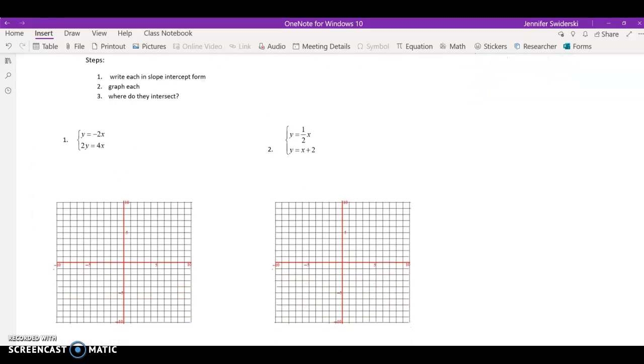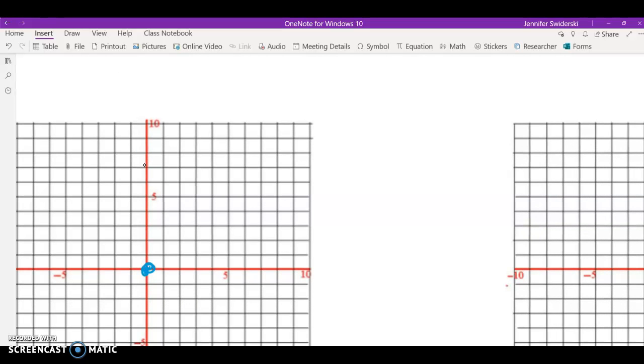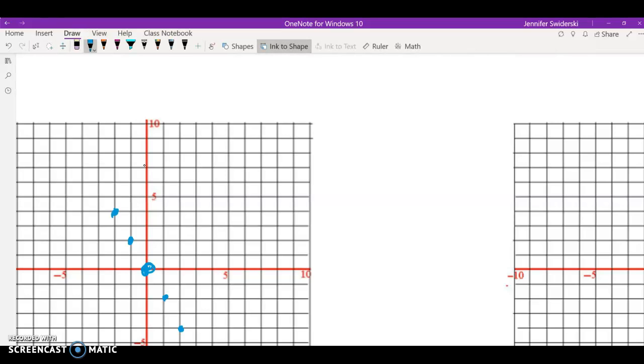So let's go ahead and graph these together. Number one, we have two lines. This first one's already in slope intercept form for me. It starts at 0, 0 in the origin. So it looks like I go down 2 over 1. And I always tell students to also go up 2 to the left 1. Since we're on our laptops right now, I want you to press draw and do ink to shape. When you do that, you should be able to get a pretty general line through your points,